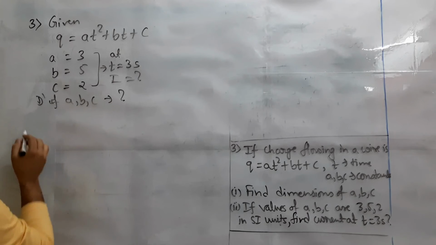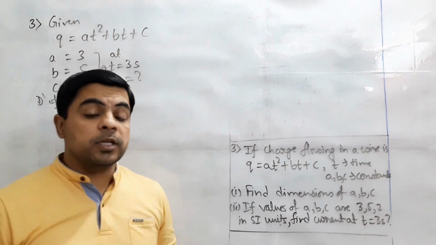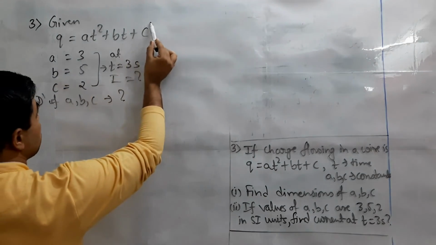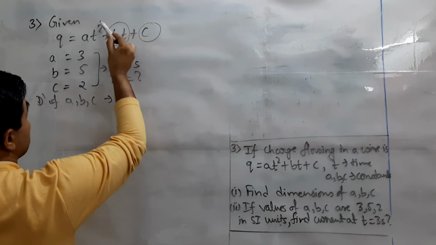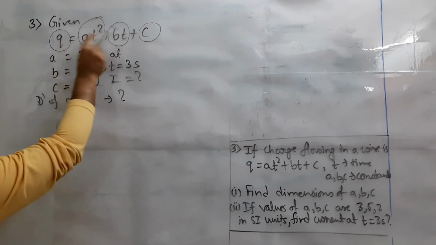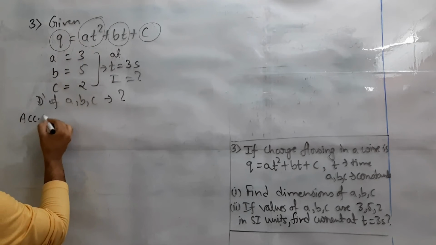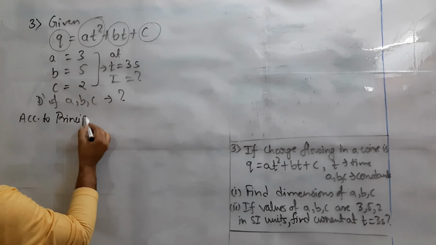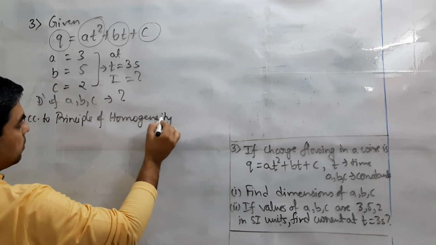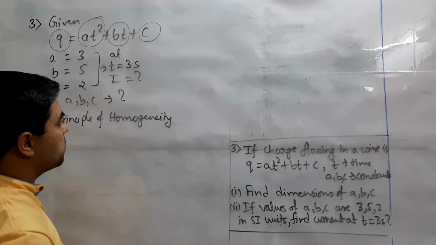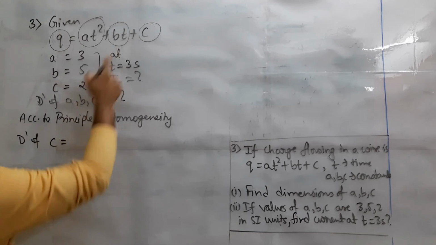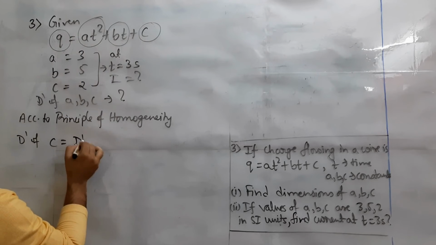So first of all, here we will use the concept of principle of homogeneity, which we have discussed in 11th class also, according to which the factors which are in addition, they must have same dimension, and that will be equivalent to the factor to which they are equal. So here, according to principle of homogeneity, if you are not getting this name of the principle, no need to mention it, you can just write here dimension of C. Dimension of C will be directly equal to dimension of Q,